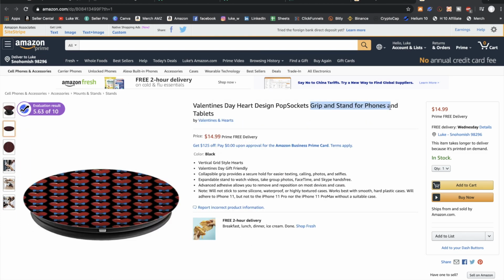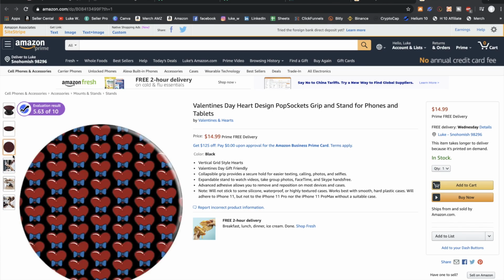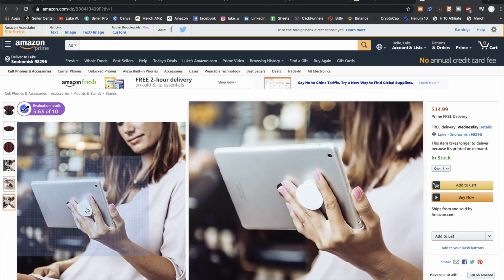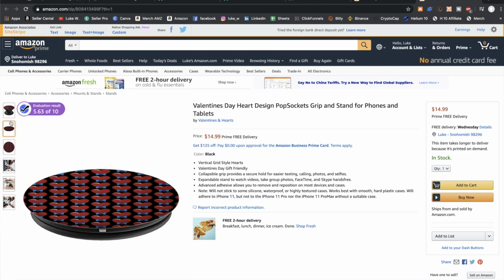It'll actually add some extra words on the title here. I just made my brand Valentine's and hearts, just so if customers ever type that in, it's more easily findable. And Amazon does all the product photos for me. I mean, they're not super awesome photos or whatever, like this doesn't even show it, but they're putting all the